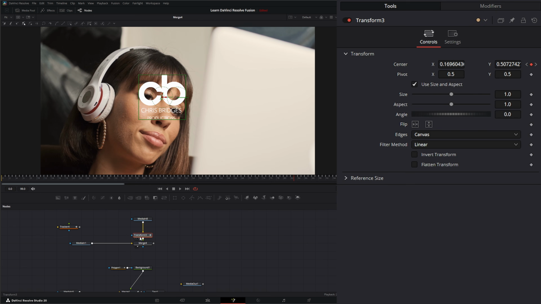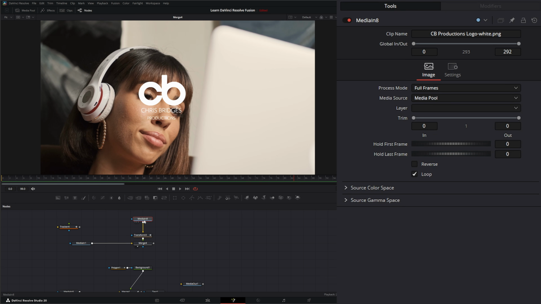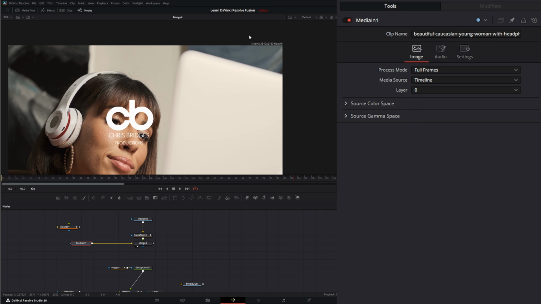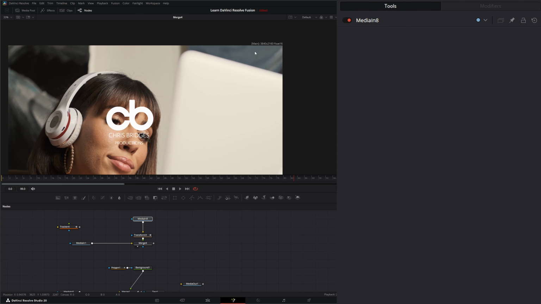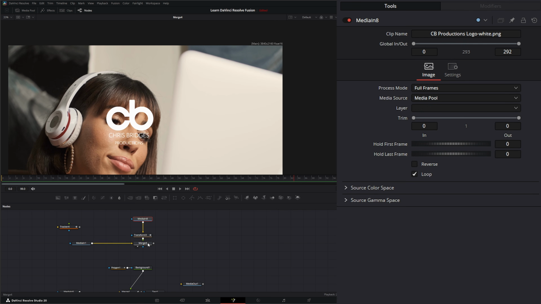So if you need to use a transform, meaning you don't want to connect to that merge and you want to connect to a transform, you still can, but just behind your media to make sure it's the right size and the same size as your tracker footage, meaning the footage we used for our tracker data is 3840 by 2160. Anything we connect to it needs to be 3840 by 2160 for that tracking data to match up correctly. So before our little transform, after our image that we need to be resized, we can hit a shift space,